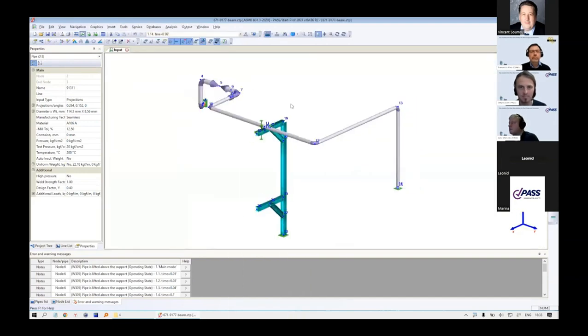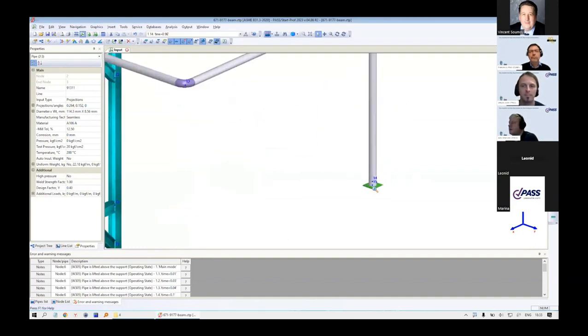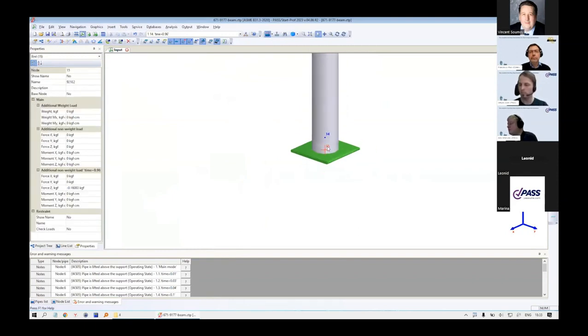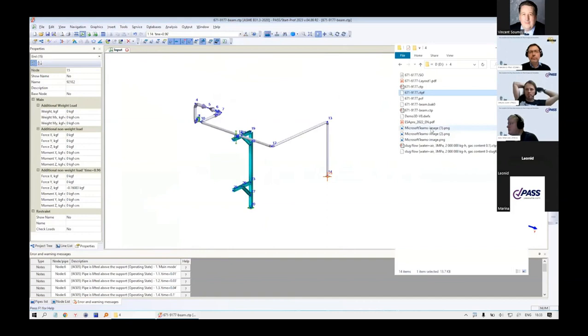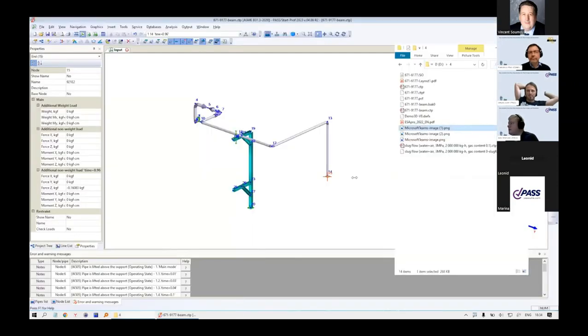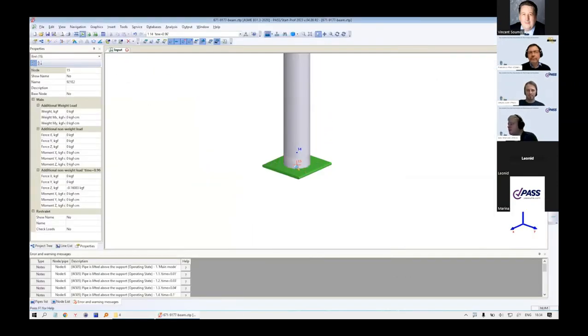Okay, so now we can also add the equipment. For example, here, let me check this picture. Here we have the pump, and here we have this line. This is the line, and here we have the vessel, and this is the pump. So let me add the pump here. I will delete this anchor and add